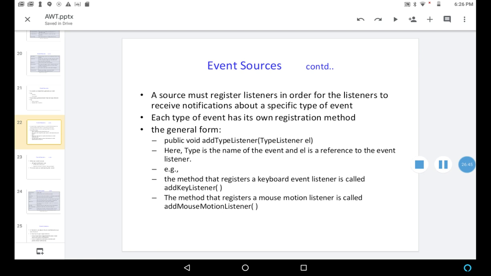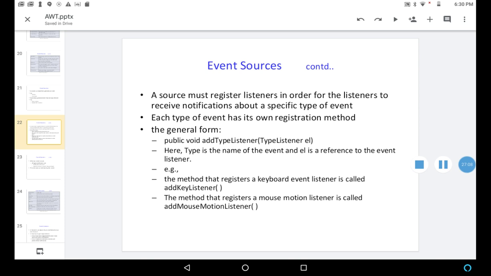Here, type is the name of the event and el is the reference to the event listener. For example, the method that registers a keyboard event listener is called add key listener.